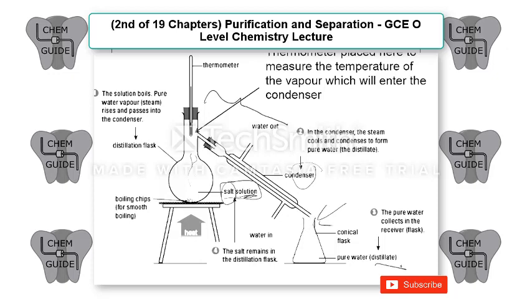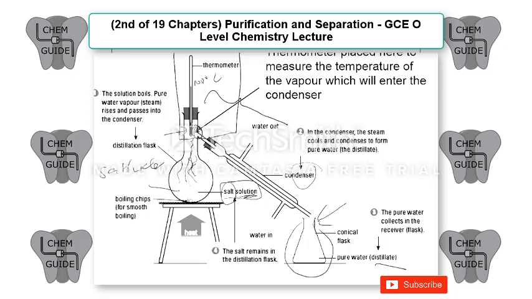Okay, there are a few key points here which you must take note of. Number one is the thermometer. The bulb of the thermometer is placed near the exit of the distillation flask here. Why? Because when the water in this mixture evaporates, it will rise up. As it rises up, it will hit the thermometer, and you will know that pure water boils at 100 degrees Celsius. So when the thermometer here reads 100 degrees Celsius, and let's say this is salt water, we can be assured that the water which goes through this condenser and comes out as the distillate here is